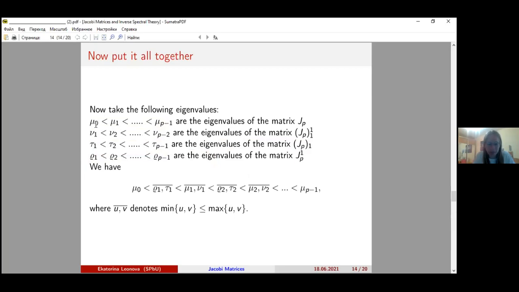But the thing is that these eigenvalues and these eigenvalues are similar in some special way, but there is a smaller amount of those. So we start from 1 and end with p minus 1, so p minus 2. We can't get rid of those two, but we can say that we know not all of these guys,